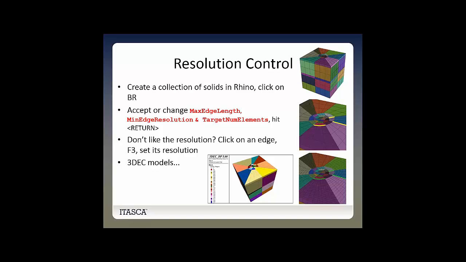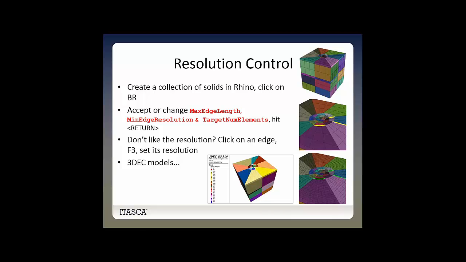Resolution control manifests itself in the following manner. First, we create a collection of solids in Rhino as we did in the earlier slide. Then we select all our solids and click on the Block Ranger dialog box, which provides us with the three control parameters, which are all set to a default value. You can accept that default and you obtain a mesh that is frankly acceptable in most cases, but if